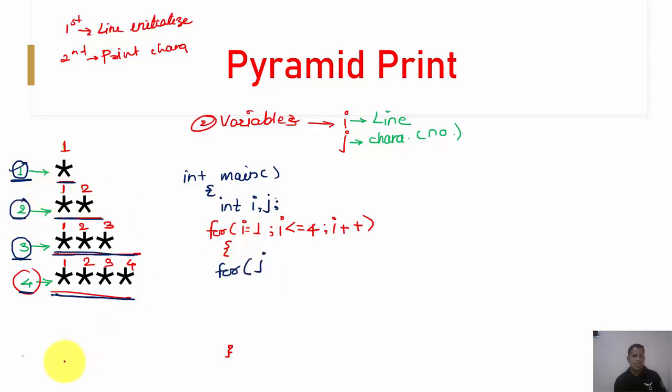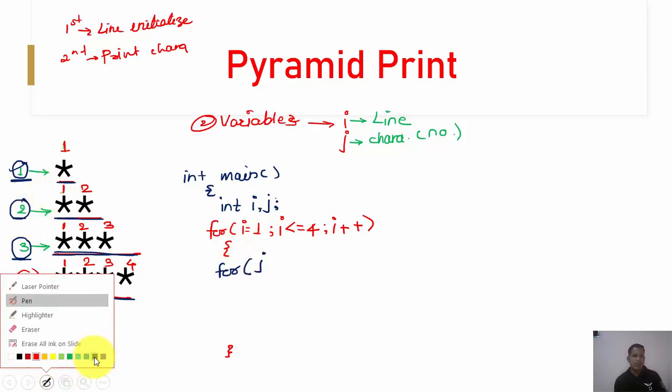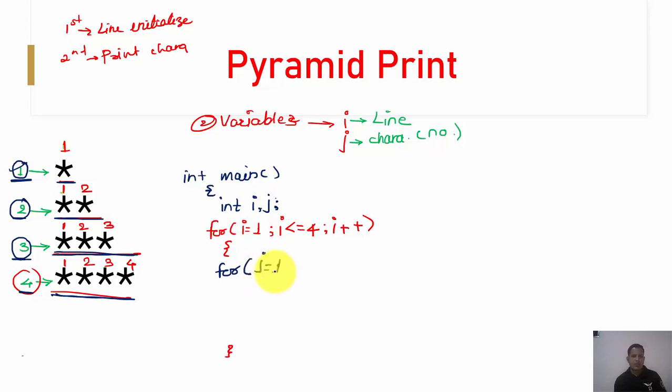For example, here I am now going to develop a simple for loop, for j is equal to 1, right? Now j should be less than or equal to i, okay, and then j plus plus, and inside it I'm going to print the character, right?